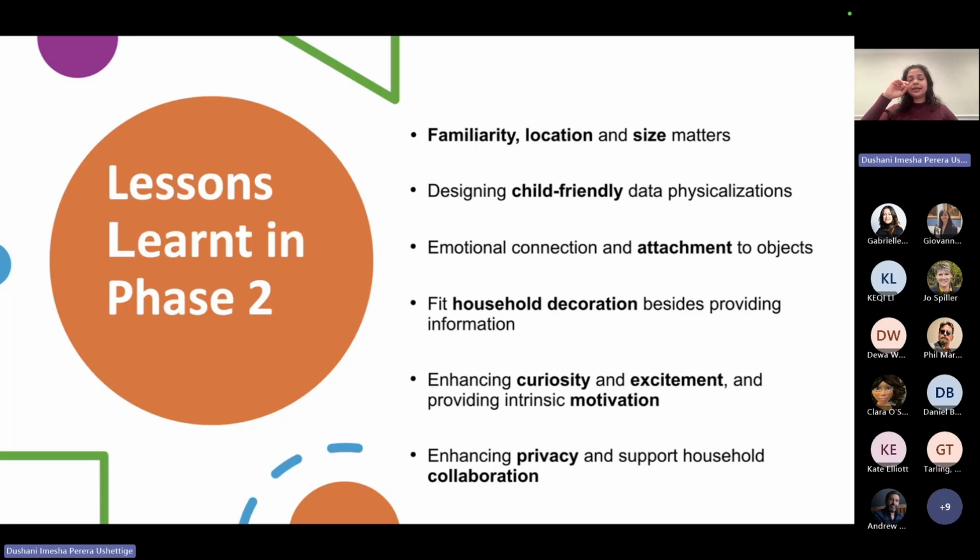It would also be good if the object enhances curiosity, if it excites people to look at it, and if it enhances intrinsic motivation, so people actually feel that they want to reduce their consumption. It's not an extrinsic motivation where you give a reward or a voucher or a rebate for reducing consumption.